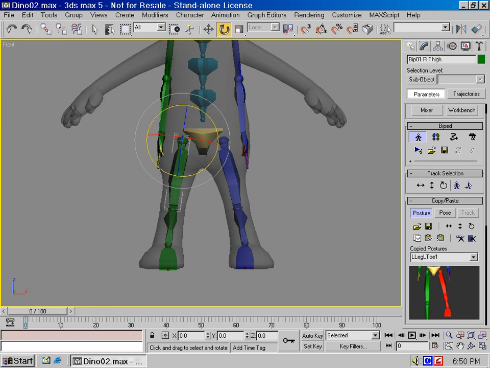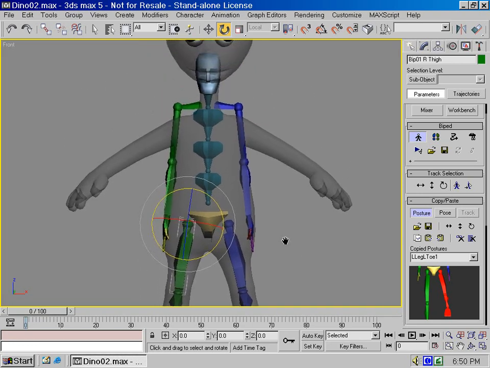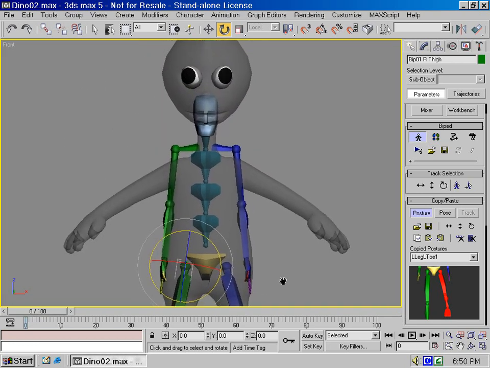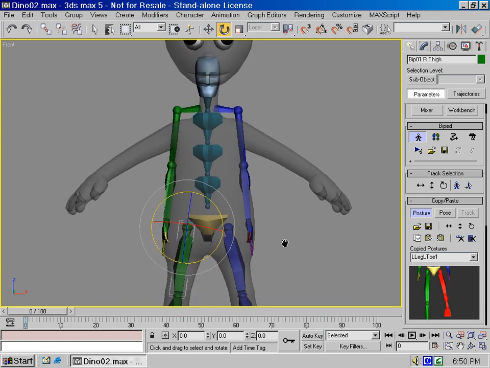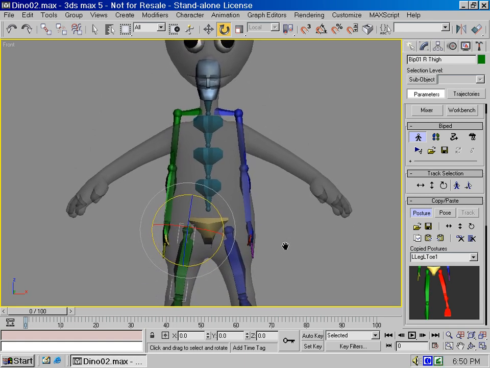So now let's take a look at posing the spine and the arms. Now when you take a look at what you've done so far, it looks pretty odd. You've got this skeleton partially parked inside a character. Don't worry about it, just work with one part at a time, and eventually it's all going to look very nice. Alright, so the next step is select all the parts of the spine, which are these three spine links